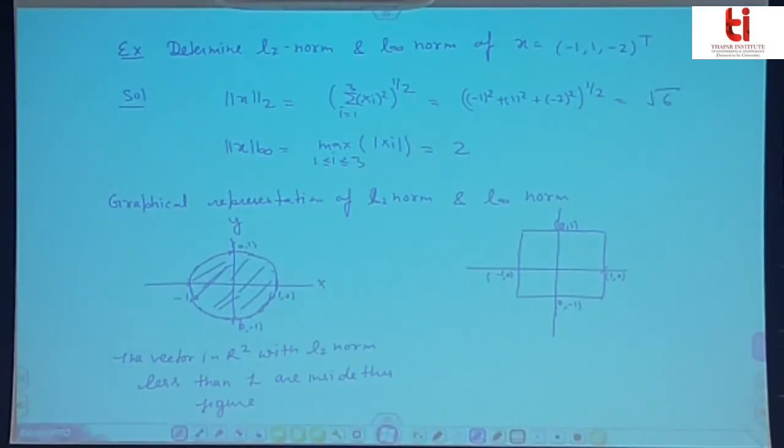Those vectors in R2, because it is 2 dimension, x-axis and y-axis, with L infinity norm less than 1, will be inside this square. So L infinity norm in R2 is a unit square. Okay,